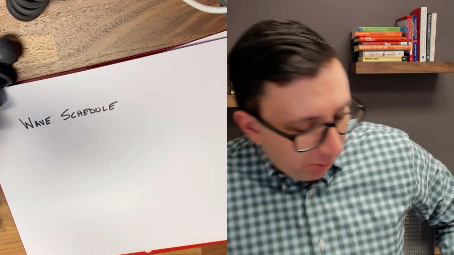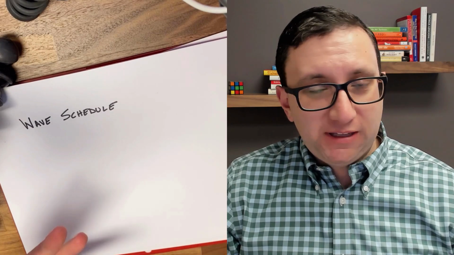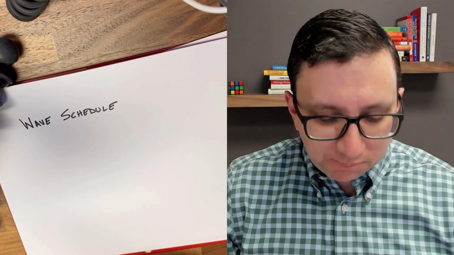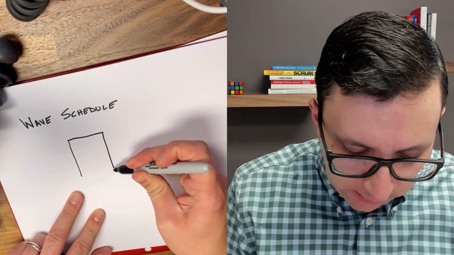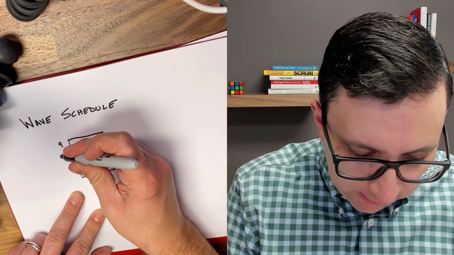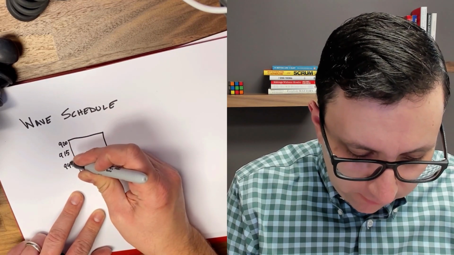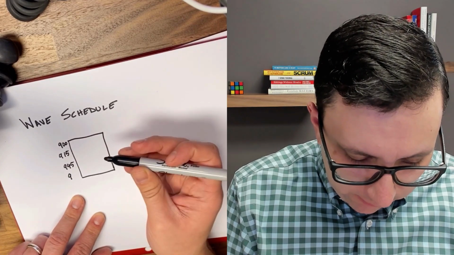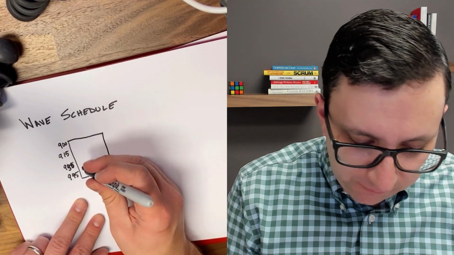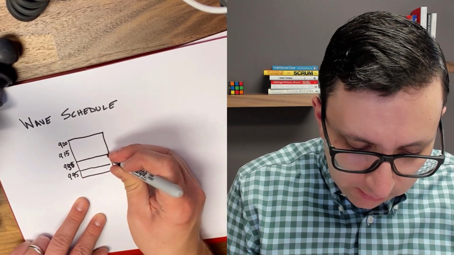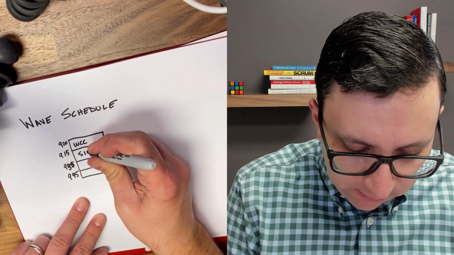So the way a wave schedule works in general is patients come in waves. That's the whole purpose of it. So if you were going to draw a normal hour of your time, let's say we've got 9, 9:15, 9:30, and then 9:45. You might do 4 slots, and you could do a well check and a sick, and a well check and a sick,